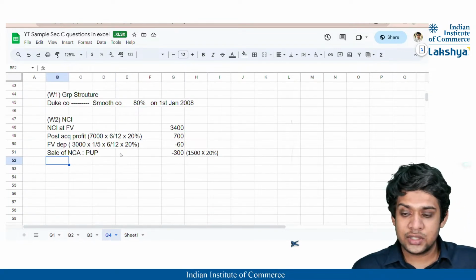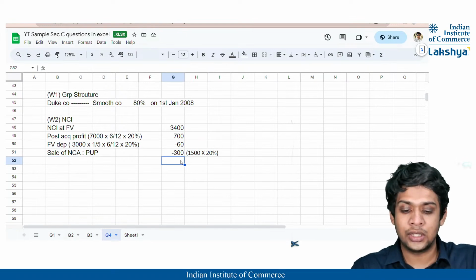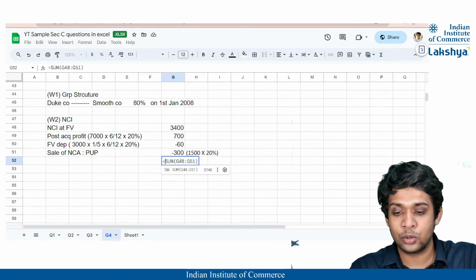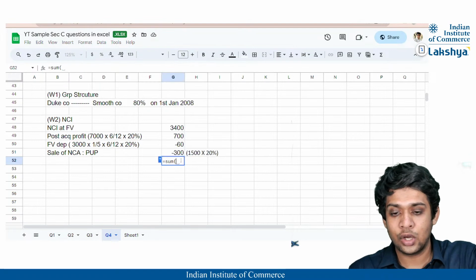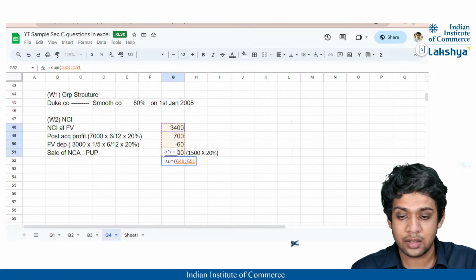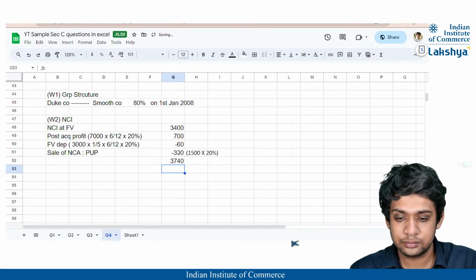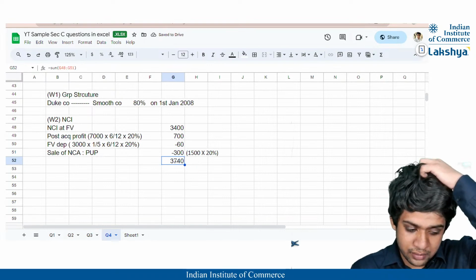तो आई थिंक यही एक एडजस्टमेंट्स थे जो हमारे नॉन कंट्रोलिंग इंटरेस्ट में थे। अब हम लोग इसका सम टोटल कर लेते हैं, तो हमें नॉन कंट्रोलिंग इंटरेस्ट के मार्क्स मिल जाएंगे। राइट, दैट विल बी 3740।